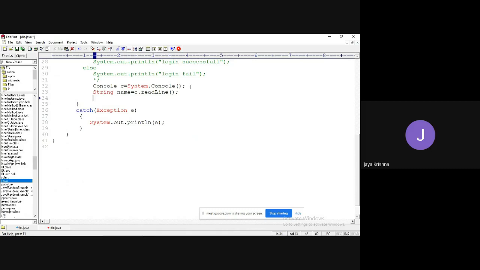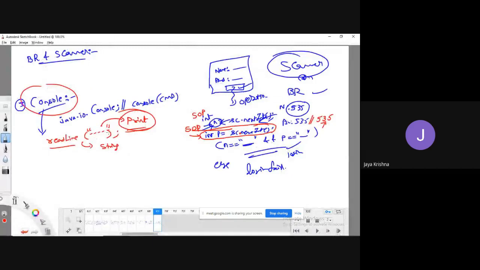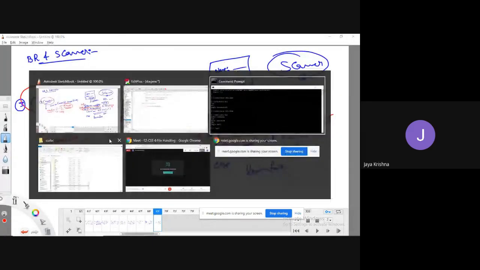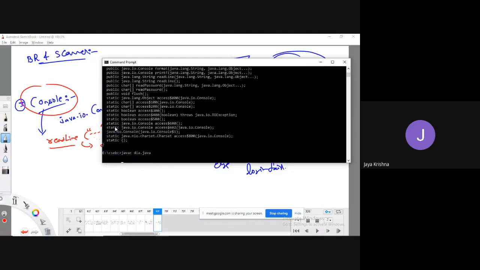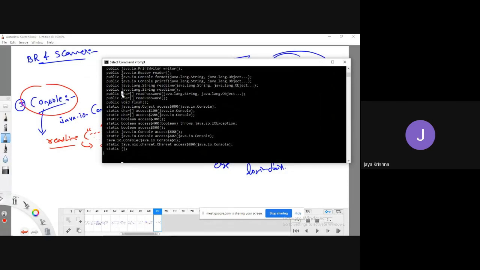Okay, fine. Now I need to read the password. In which format is the password available, as I explained? Observe, here I have shown: readPassword, which is going to return in the form of an array of characters.